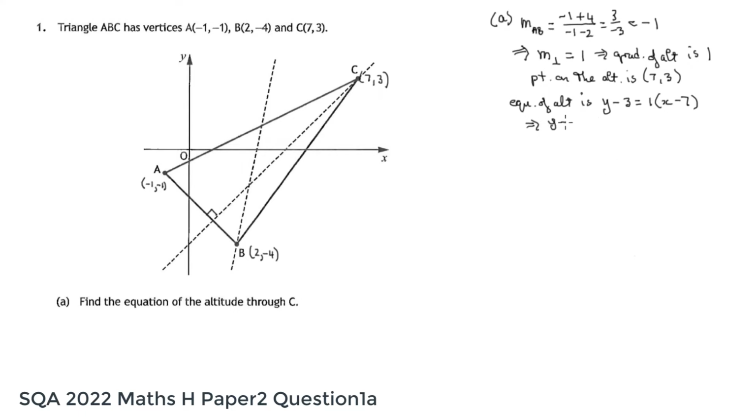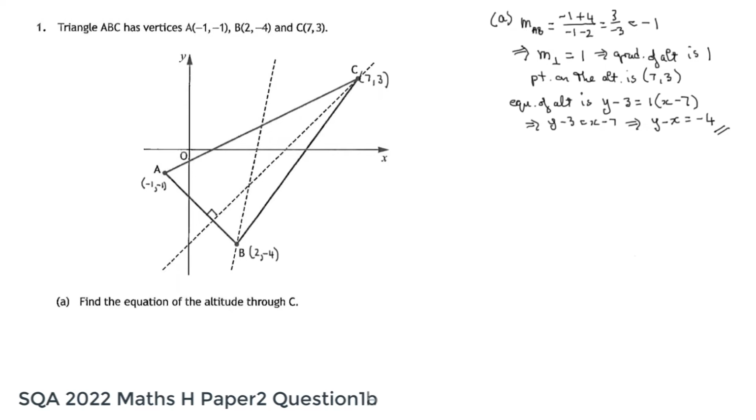Y minus 3, we don't need the brackets here, we're multiplying everything by 1. And let's get the two constants together. I suppose we could take both variables onto the left hand side, so we get y minus x equals -4. So that's the equation of the altitude through C,